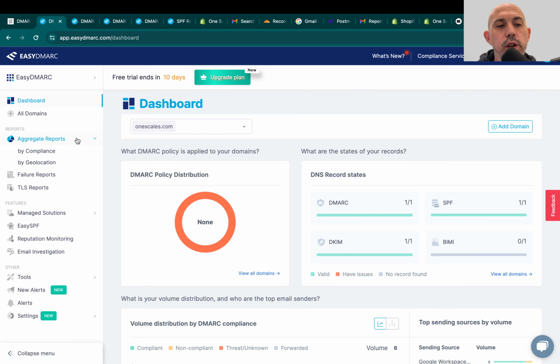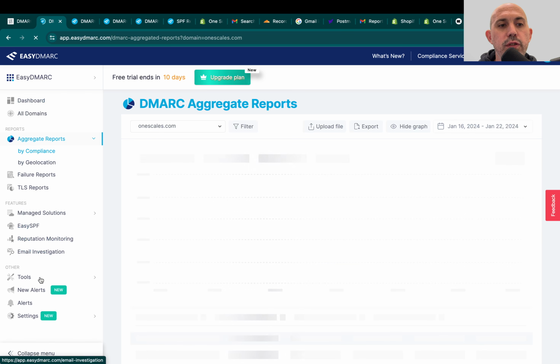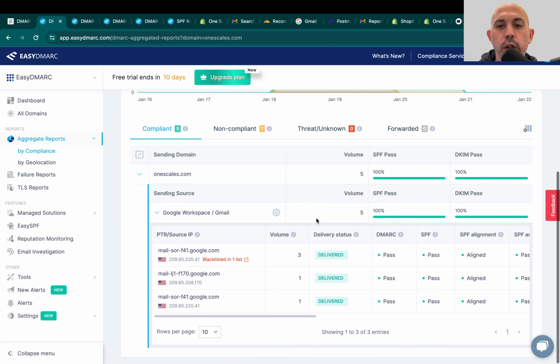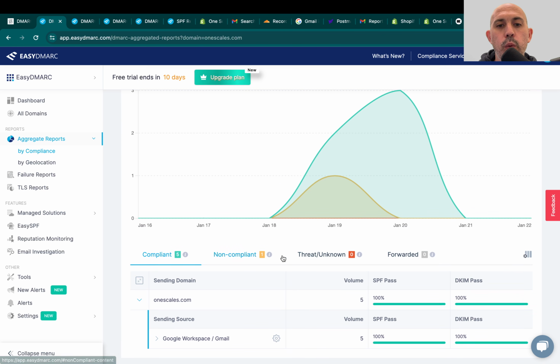So the first thing you can do is when you have a free account, this is the thing that you're going to visit the most. After you set up everything once and use all the tools, generally you're not going to change anything unless you have some new systems that you want to send on your behalf. But this is the place you're going to spend most of the time, aggregate reports. And if you remember, we imported all the XMLs. Instead of me importing one by one, because I actually added